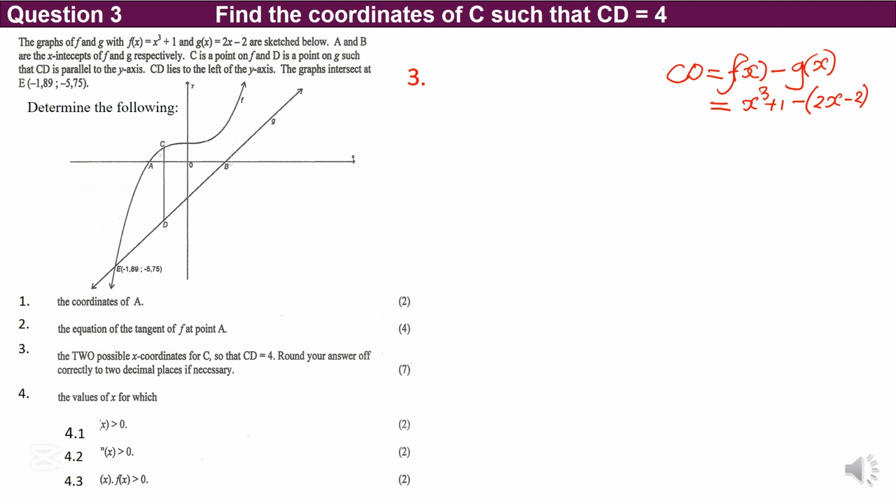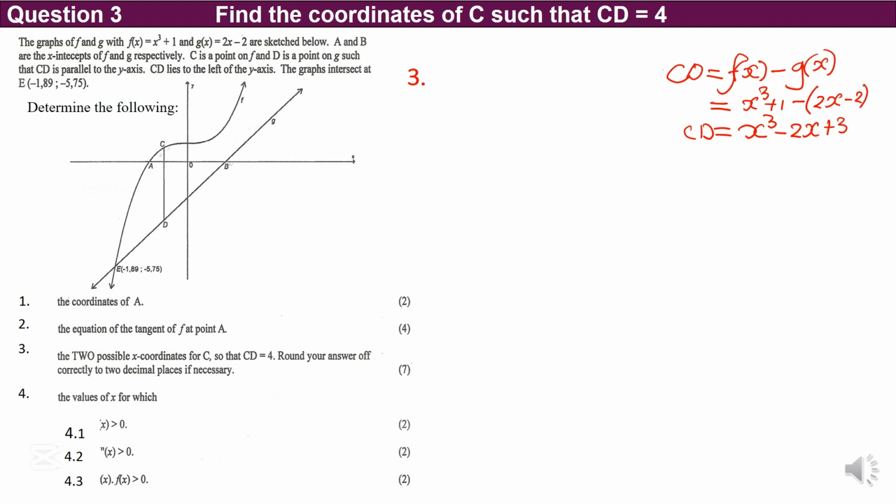So after simplifying to simplest form, what you get there is the length of line CD in terms of x. In some examination papers, they can ask you to say, what is the length of the line CD in terms of x? The length of the line CD in terms of x is equal to x cubed minus 2x plus